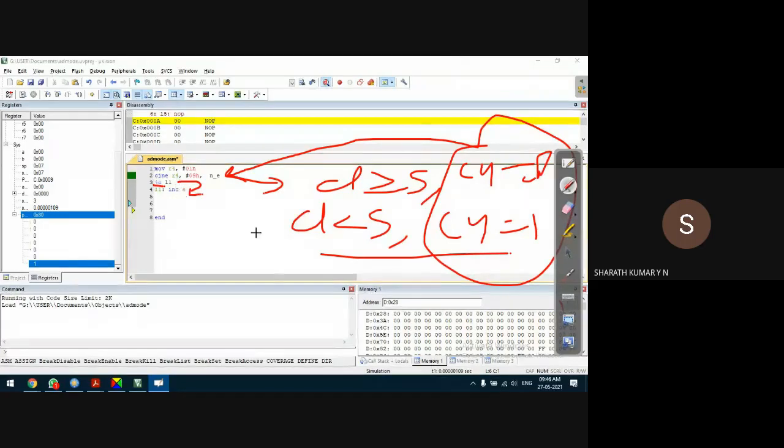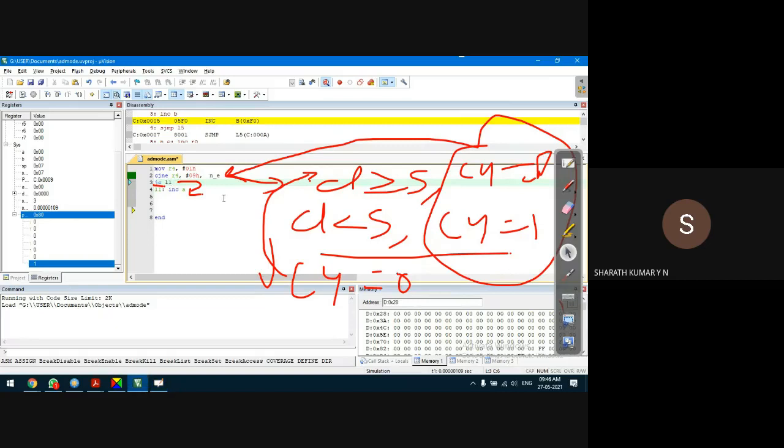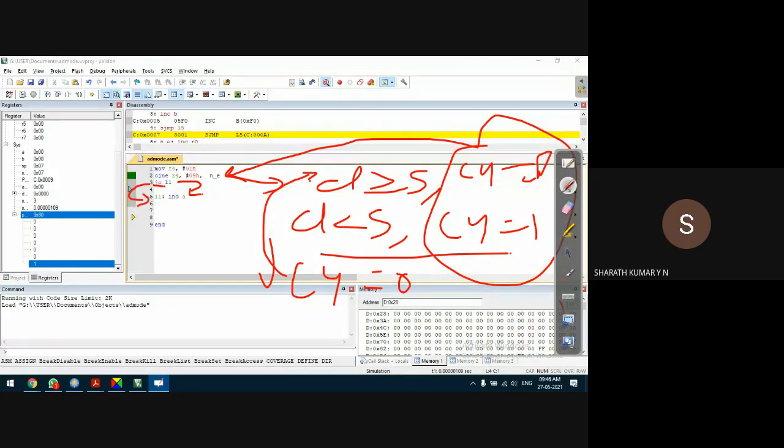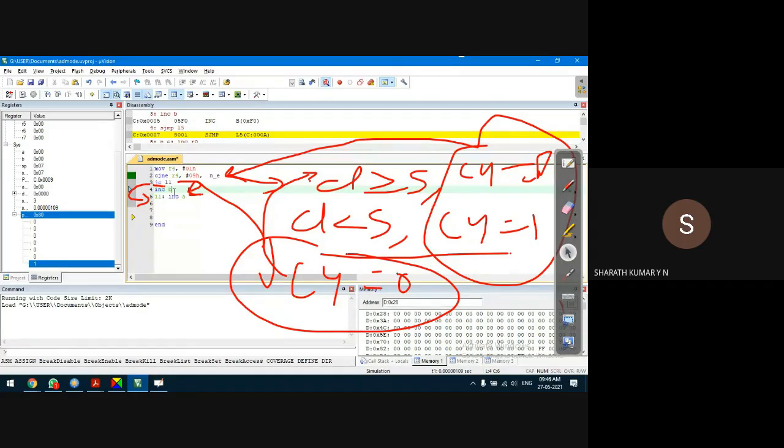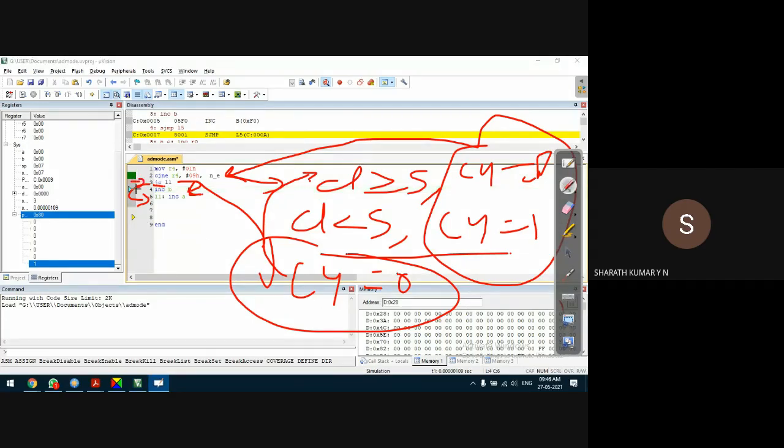Fine. If it is not set to 1, that is if carry flag is 0, which is the case when destination is greater than or equal to source, it has to execute some operation. Let us include that after the JC instruction. If carry is still 0, then let us do some operation, for example, increment B. But if the program only consists of these lines, what happens? If carry flag is set to 1, it will go to L1. Fine, no problem. If carry flag is not set to 1, it will go to increment B, and then to the next instruction, that is, the fifth line. It will execute this also.